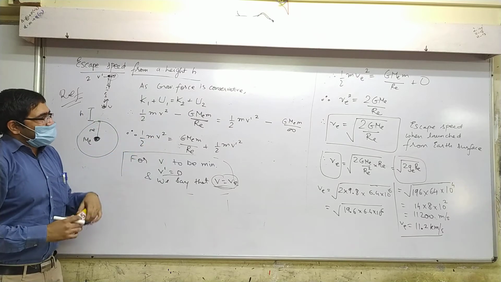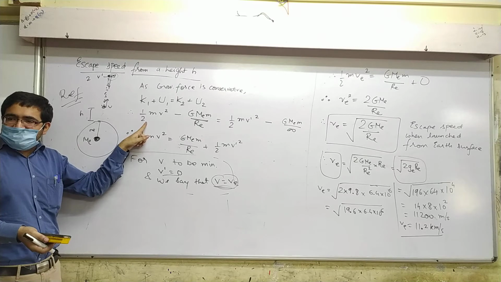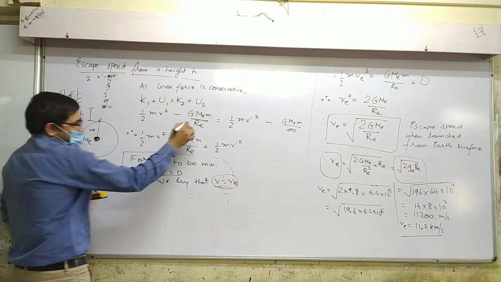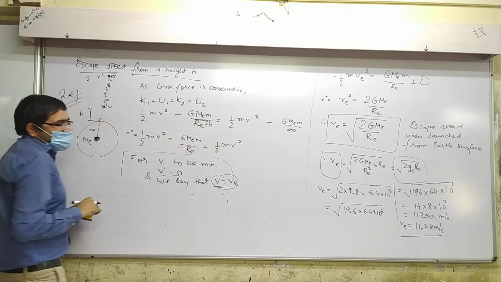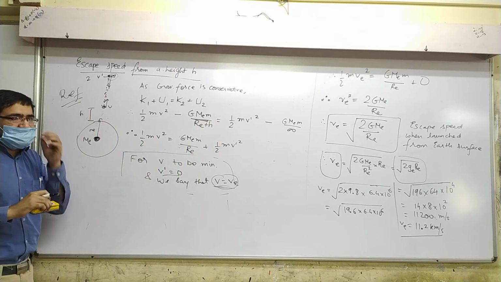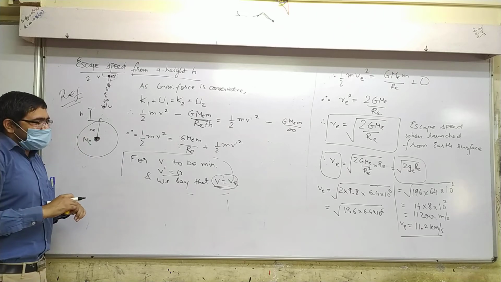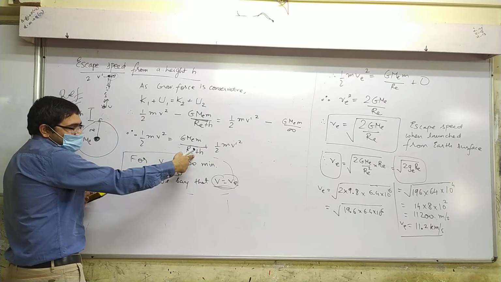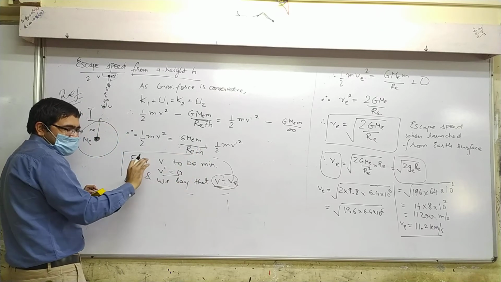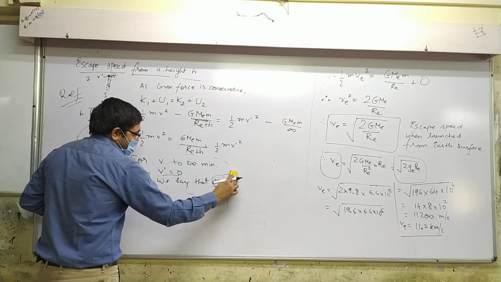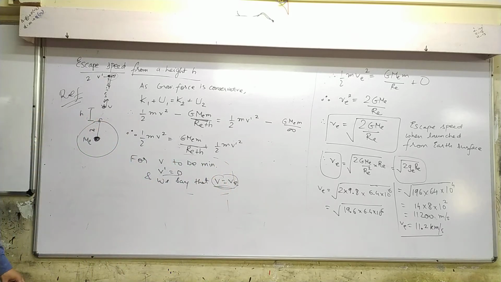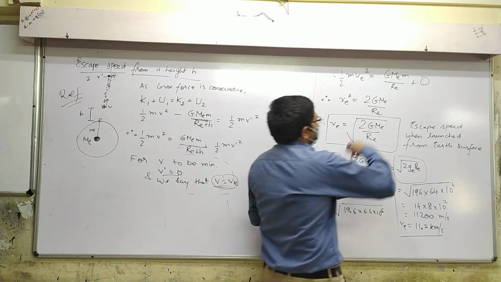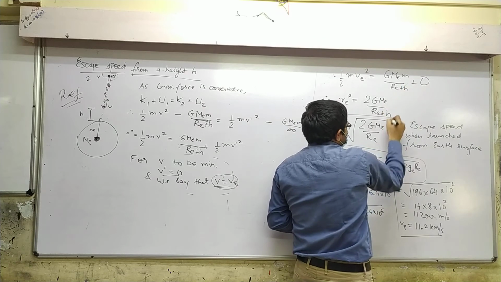What change do we make in the first line? Half mv square, v is v, potential energy u1. Now instead of being here, it's here. So do you realize I should be writing Re plus h? Yes or no? Yes. Sure? Yes. Start writing quickly. Then here also the same thing, Re plus h. This bracket and all of this is the same, right? For v to be minimum, v dash equal to 0. What change here? Instead of Re once again, Re plus h, Re plus h, Re plus h.